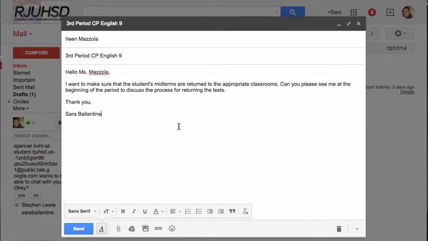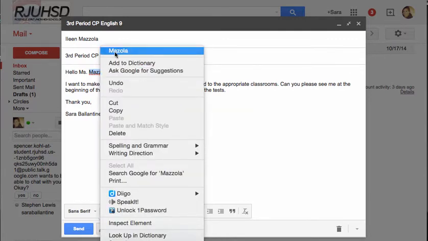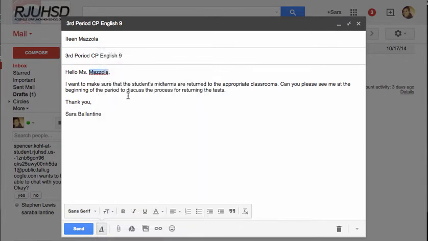Also important is proofreading your email. Some have the option for spell check, so you'll see this is highlighted with little red dots. I can right click on that and it will give me options. Since that's somebody's name, I know that it's spelled correctly, so I'm not going to replace it. But if you do see certain words, make sure that you fix those before you send them, just because it leaves the impression that you're thoughtful and that you've taken the time to draft a message that's clear and academically appropriate. And when you're done, you can click send,